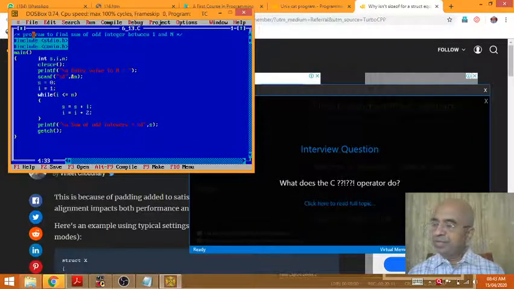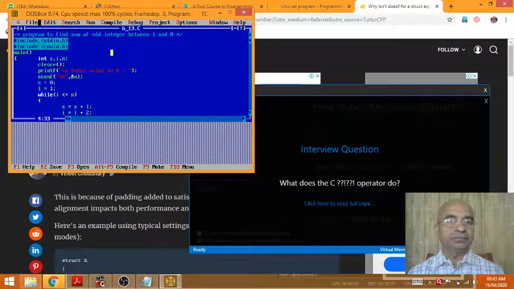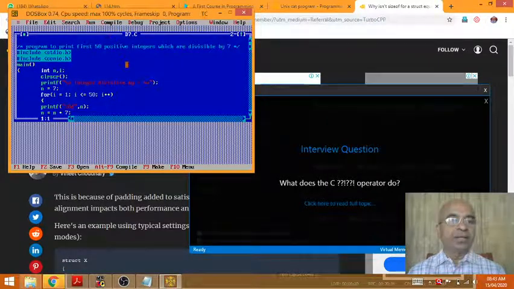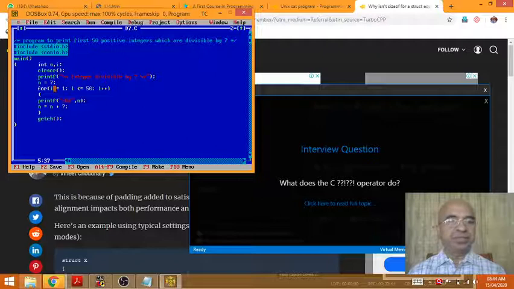And now we'll look at another program. Print first 50 positive integers divisible by 7. Program to print first 50 positive integers which are divisible by 7. So this is